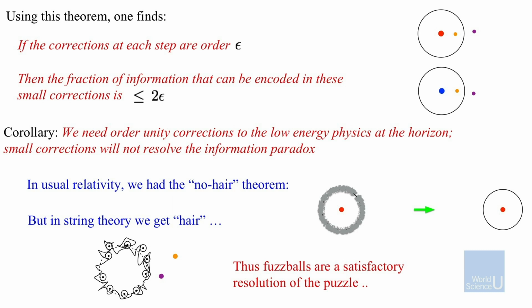And because the problem always was that you couldn't change the structure of the black hole in classical physics and ordinary physics. But with string theory, we have changed the structure. This theorem proved you do need to change the structure completely. Small corrections won't do it. In string theory, you found in all the cases you worked out the structure does change, so you might as well take that solution. So that's why I think the fuzzball solution is the correct one. Even though it looks like a radical change to the physics, in string theory, every state you try, it always swells up into a fuzzball. It's true we can't check all the states for all the black holes. It's an enormous technical problem, and we can't check that. But we know that we need that change there. Small corrections won't do. We need a complete change.